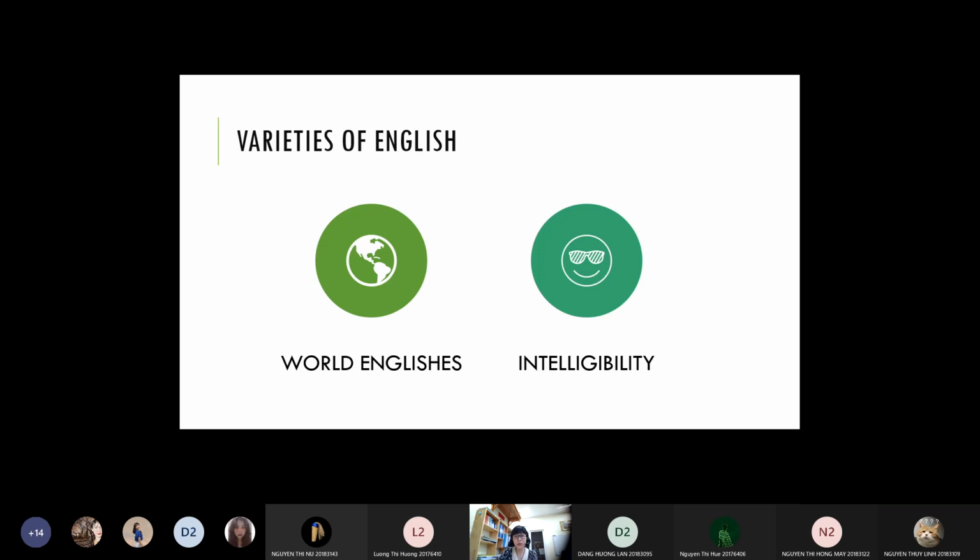And we should be open-minded as well. That is, the focus is not sounding like a native speaker, but sounding intelligible or understandable. So we should not focus on trying to push our students to sound native or native-like. Instead,